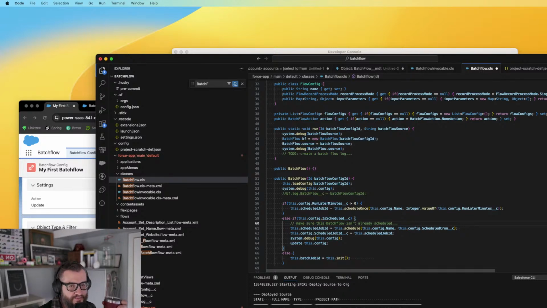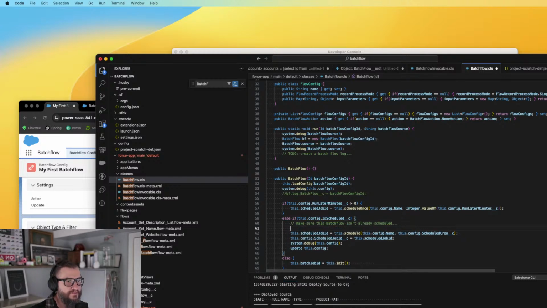Suppose we could, I mean, we could do it another direction, right? And just put the, use the name of the, or turn the name of the scheduled job to include the ID of this config in it. We could switch over to that. I think for these purposes, we can